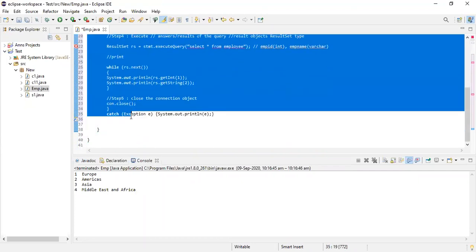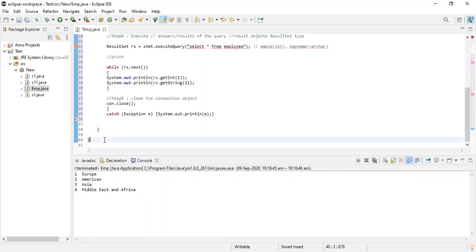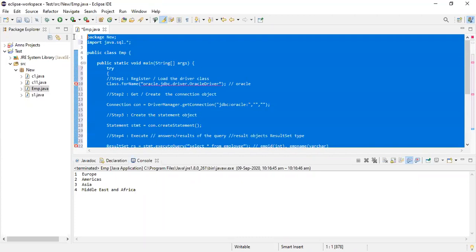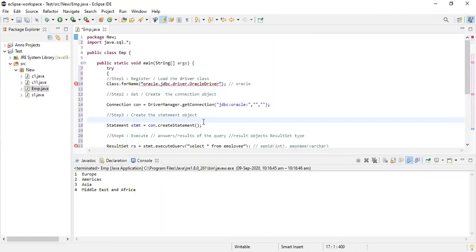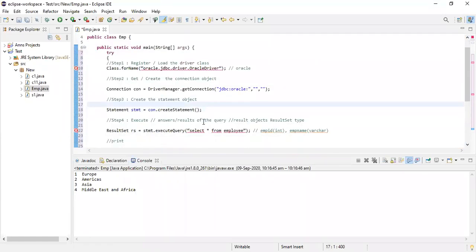There are 4 types of JDBC drivers. You can find it out for yourself. You have things like the JDBC-ODBC driver. You even have things like native driver, pure thin drivers and all that. Anyway, you can find it out and write all that. Now let's come back to our program. I was writing the path.